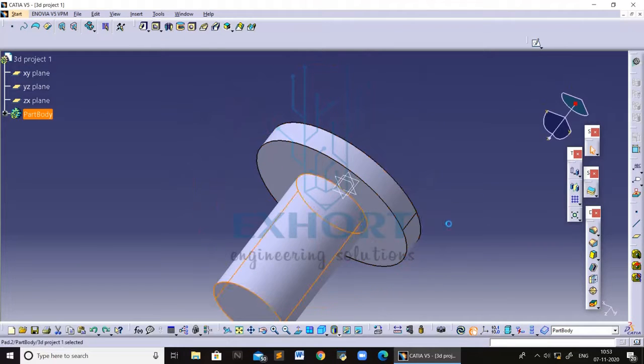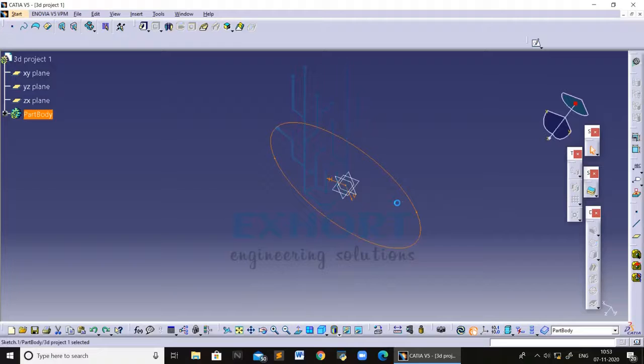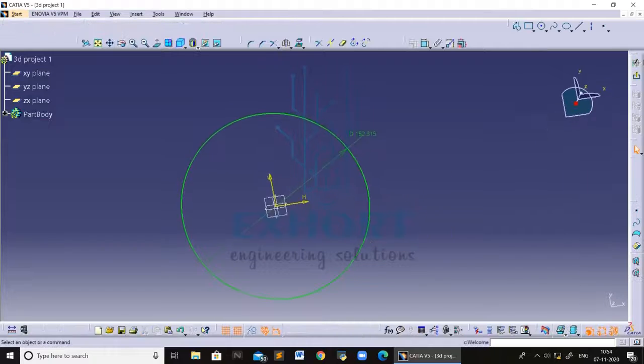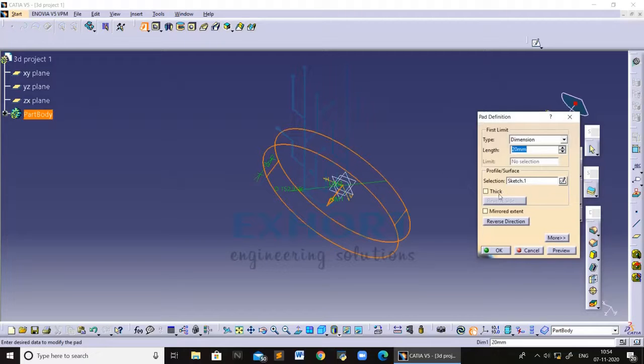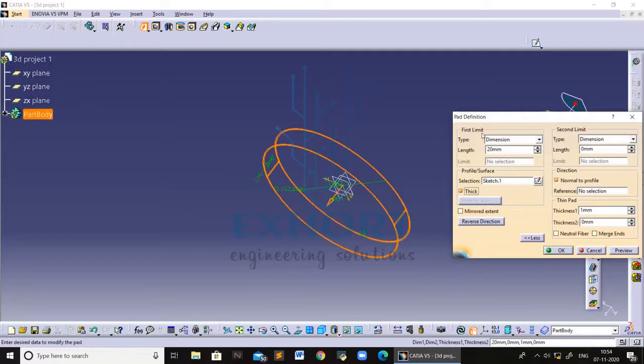So we are going to see the other options from the pad command. As we drew the circle, make it pad. So this is the thick option. If you want to give thickness to your object, then you can use the thick option.